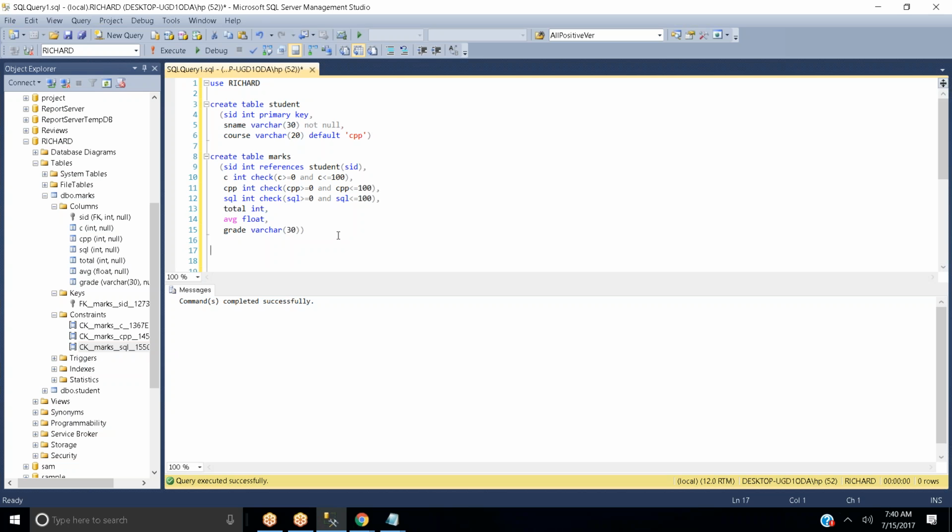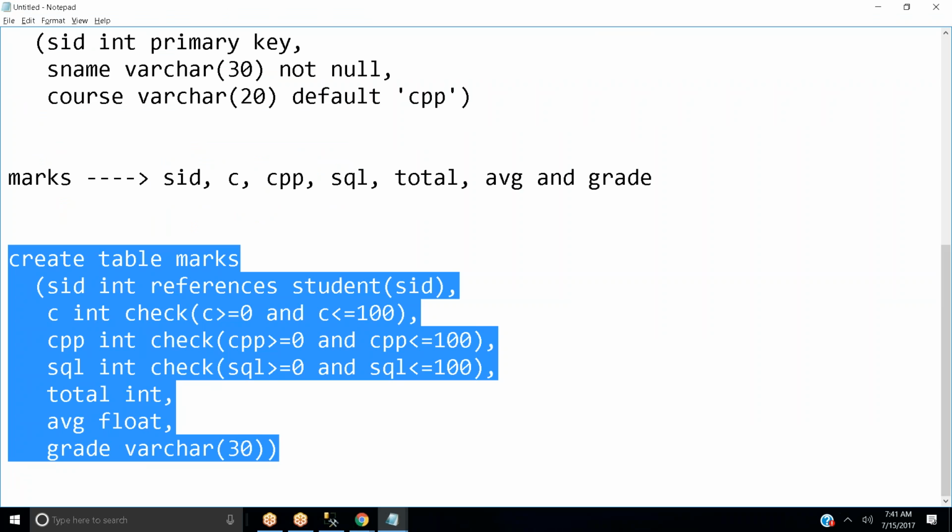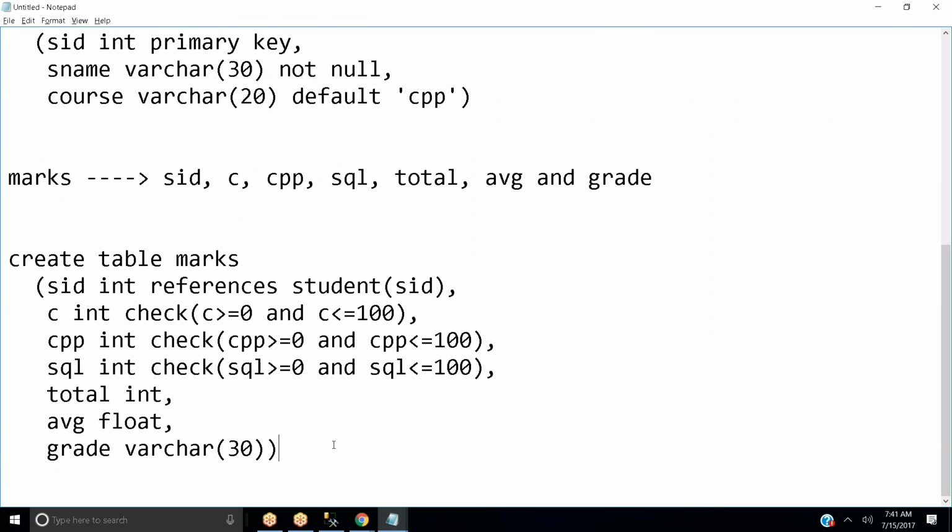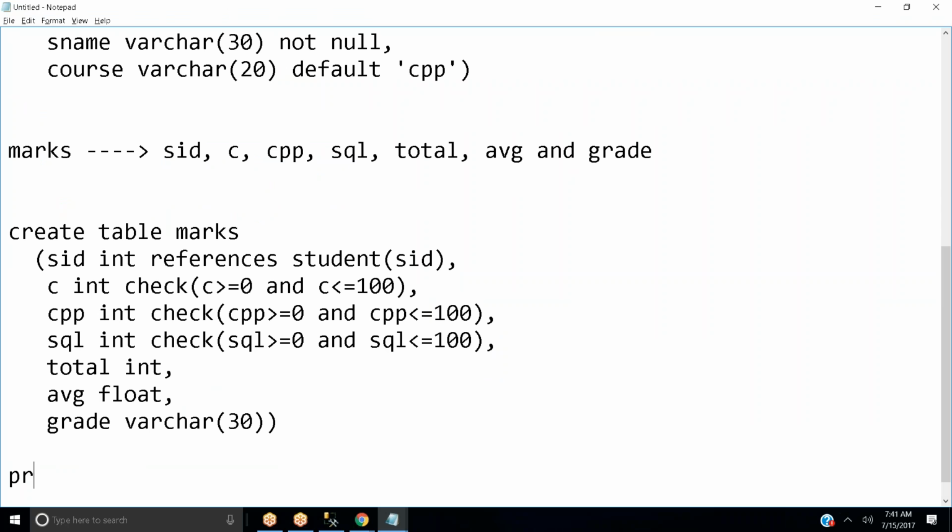Now you may be assuming that you need to give a primary key only for one column. Am I right? Yes. But you can specify a primary key for two columns. But this is not true actually. You can define only one primary key while defining a table. But while defining one primary key, you can assign that primary key to two columns.